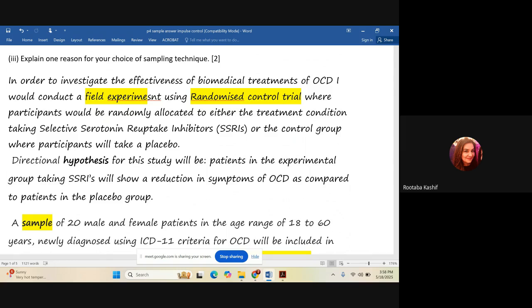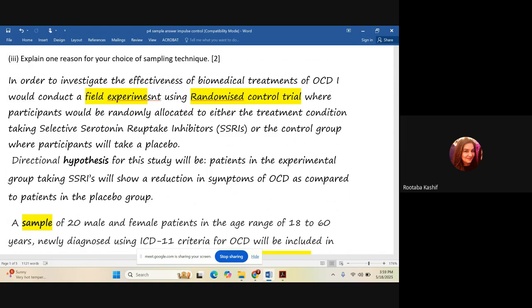So if you say volunteer sampling technique is used because participants will be more willing to participate for the next 4 months or 6 months, or 3 months, whichever time period you have identified. And because they're participating with their own free will, they will not drop out of the study or exercise their right to withdraw, as compared to if